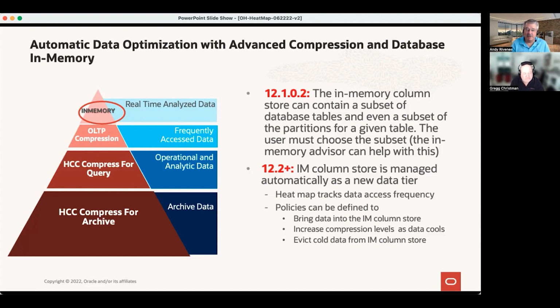Yes, and then in 12.2, we added support for that scenario, and as you see the picture in memory at the top, to Database In-Memory. So the idea was that since in memory, or memory in the SGA, if you will, the column store is fairly limited and reasonably expensive, in the sense that not a lot of folks will have terabytes of storage. And so conserving and getting the biggest bang for the buck out of the in-memory column store flowed naturally then to extending automatic data optimization policies, and then